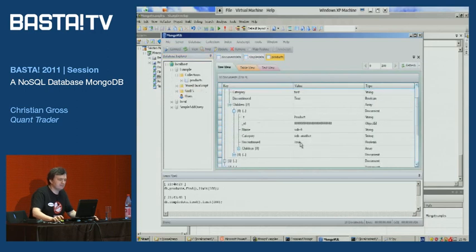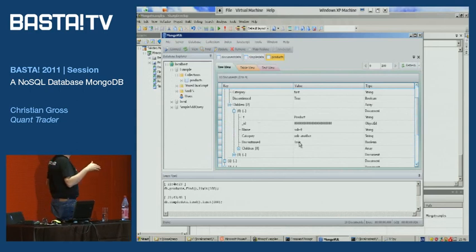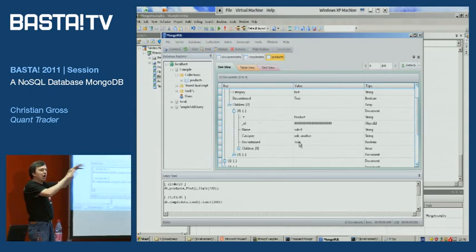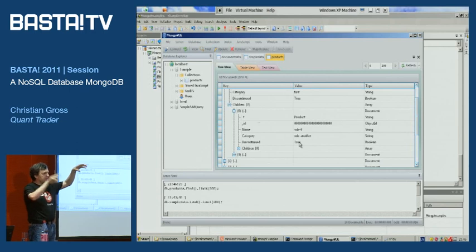Do you see? A tree structure. If I have an object that references other objects, it serializes. Can someone tell me what's wrong with this approach? What's a gotcha?